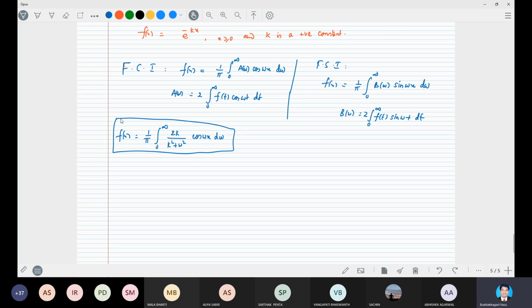This is the Fourier cosine; the Fourier sine integral, f(x) is equal to 2 by pi integral 0 to infinity omega by (k square plus omega square) into sin omega x d omega. Okay,